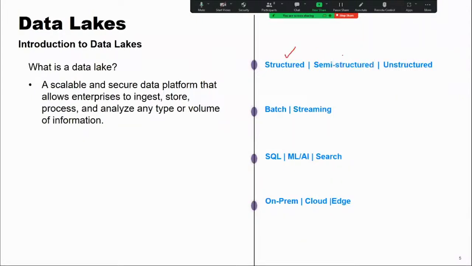We can store structured data, semi-structured data, unstructured data. We can store either batch data or streaming data. It should be able to support SQL, ML, and searching. We can store on-prem data, cloud data, and this data. So it is a scalable and secured platform to store the data and retrieve the data for further analysis or processing